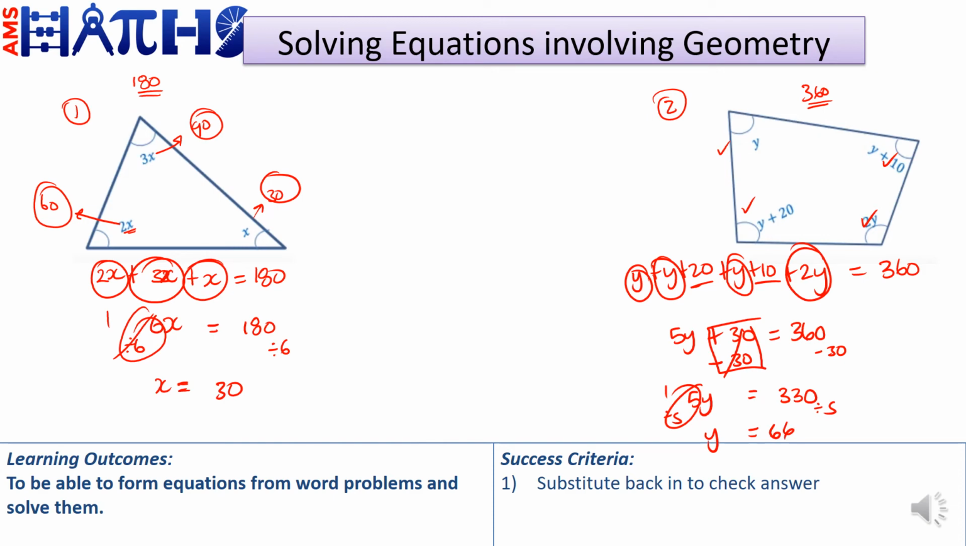So that's the value of y. So this angle here is 66 degrees. And if we want to work out this angle here, we'd have to do 66 plus 20, which is 86 degrees. If we wanted to work out this angle here, it would have been 66 plus 10, which is 76 degrees. And if we wanted to work out this angle here, it would be 2 times